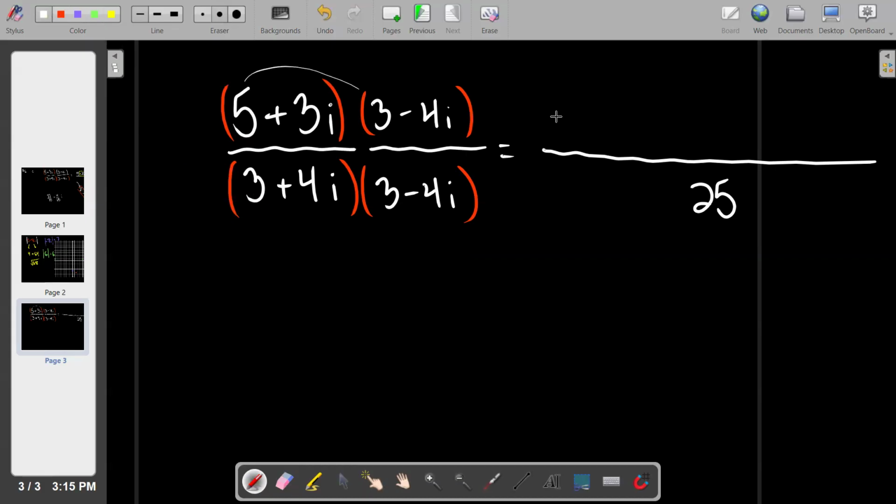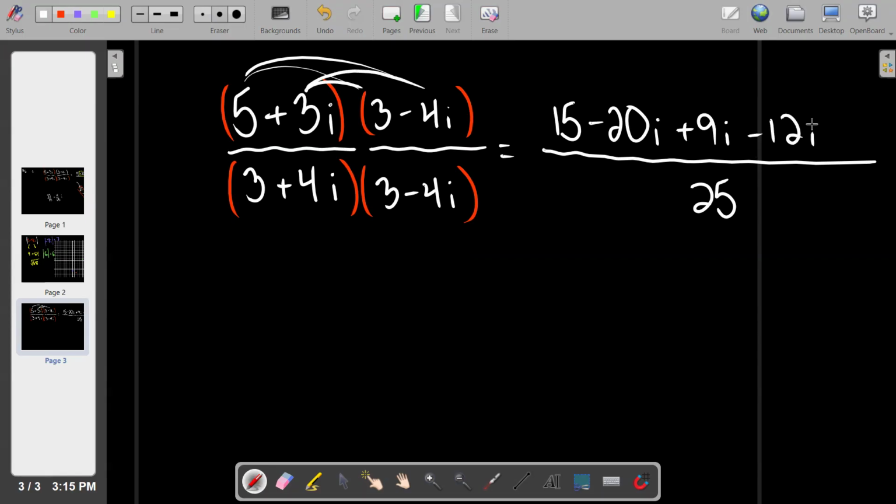So like 5 times 3 is 15. 5 times -4i is -20i. 3i times 3 is +9i. And 3i times -4 is -12i squared. And I'll let you get caught up with me. So far, so good. Do you remember what happens at the back of that with the -12i squared? Yep,